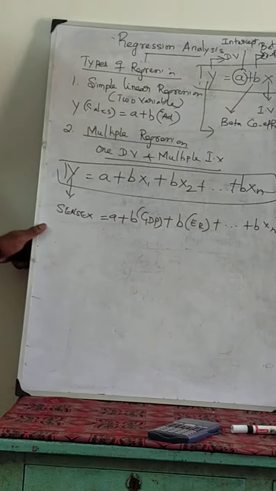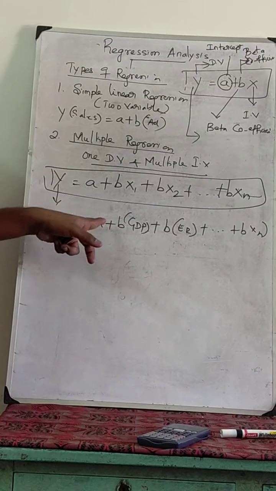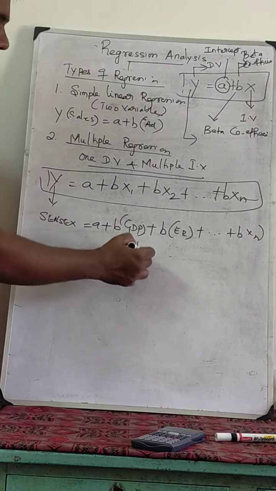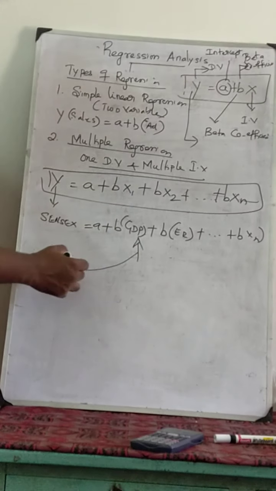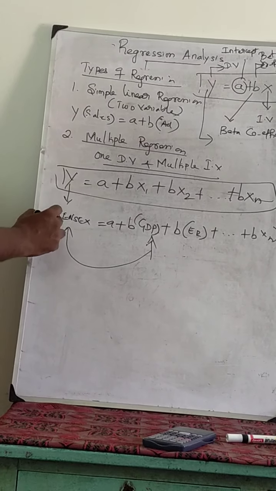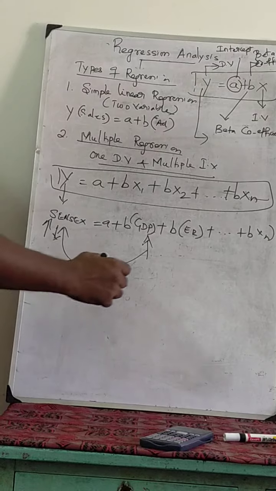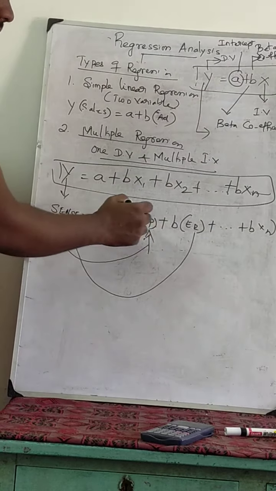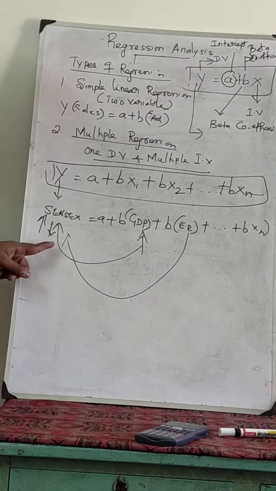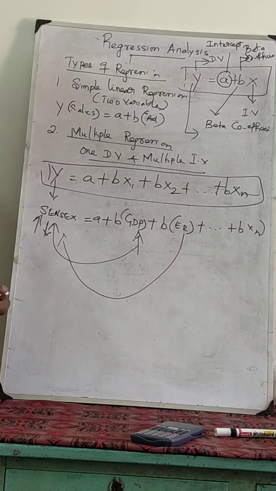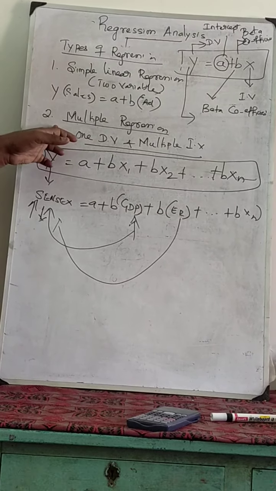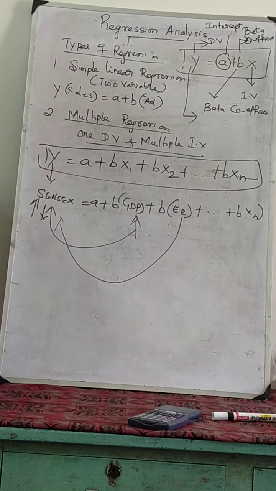Okay. So now the Sensex depends on various macroeconomic factors in the country. Whenever the GDP increases, then what will be the impact on Sensex, whether it is an increase or decrease? Whenever the exchange rate appreciates or depreciates, what will be the impact on Sensex? So that is what we are going to do in the regression analysis: simple regression and multiple regression. Okay. The next thing is